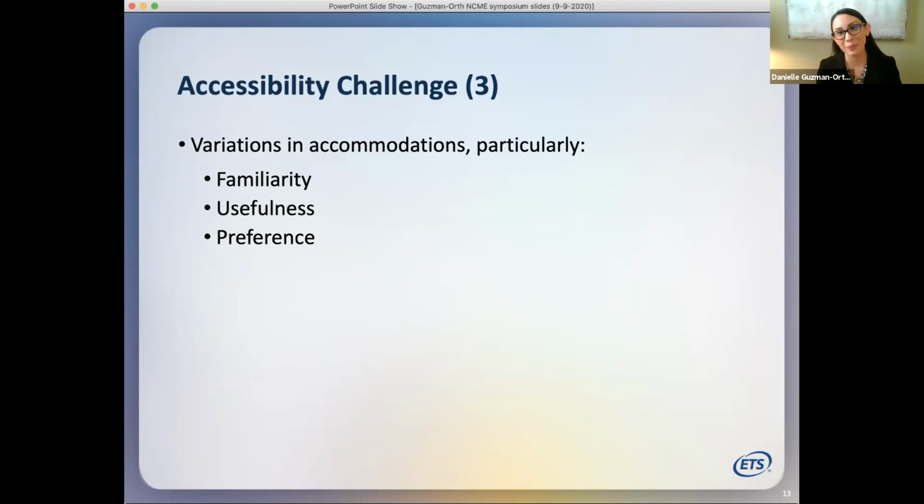So when we think about exposure and access and opportunity, we do see some challenges in regards to the variability and accommodations for our blind and low vision students, particularly in regard to accommodation familiarity, students' perceived usefulness of the accommodations, as well as their preference. And this is a point I also want to highlight here, because when we think about our diverse range of students,